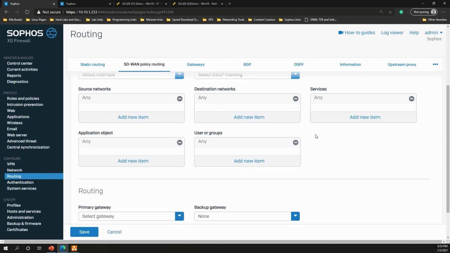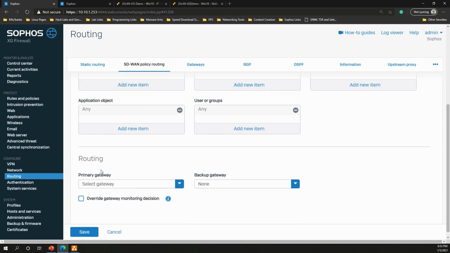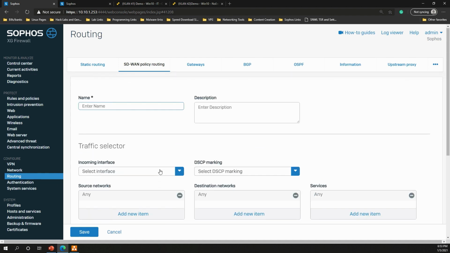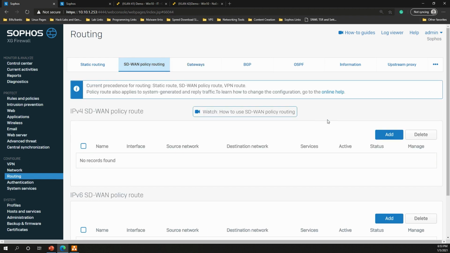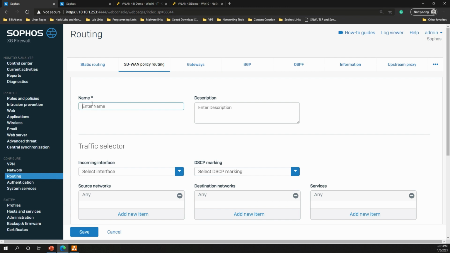As you see, there's gateways required. Let's go check that. Let's go to gateways. We already have the gateways configured here. As you can see, they're checking and validating. These are green. So we're good. Let's go configure that route now. Let's call this